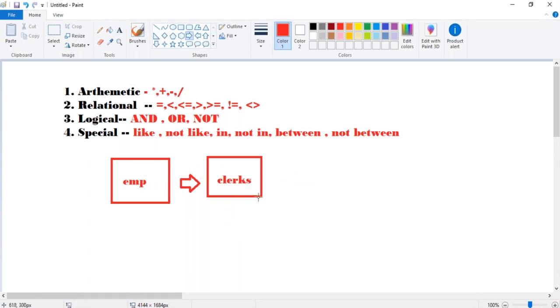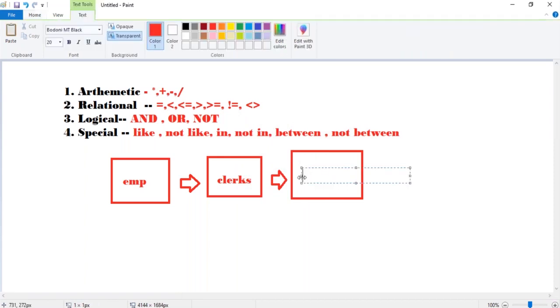So what it will do, if it is a table, like it is the EMP table, now we are using conditions, right? The first condition brings the data into one instance, like what we discussed about clerks. All clerks will display. From there the data is filtered, who are getting more than 1000.